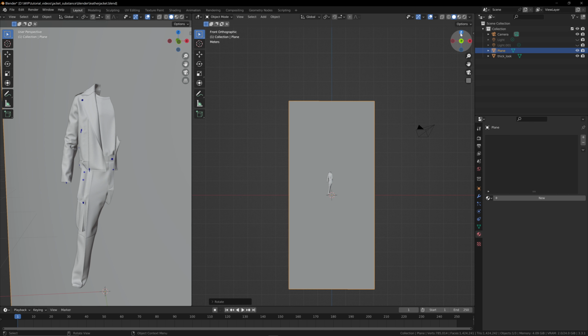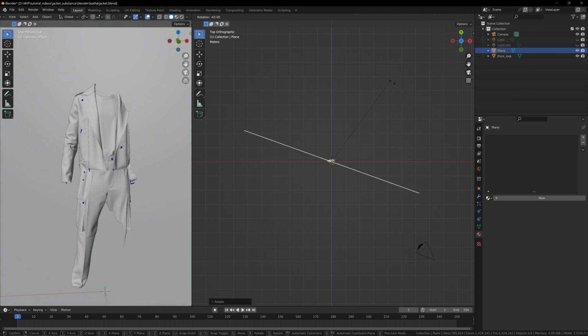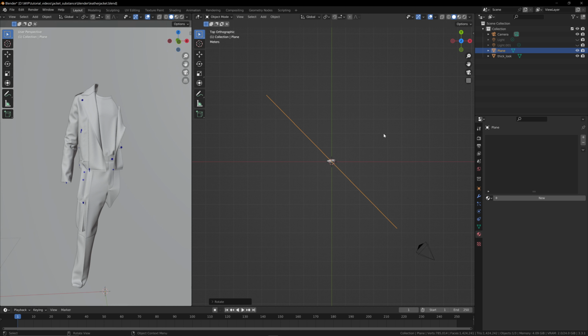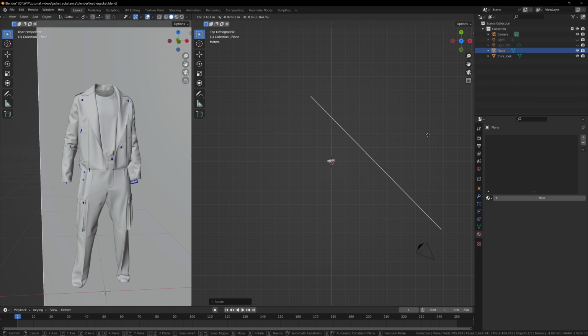Use the gizmo here to look at this from like the top down view. So if I click just Z, I can look at this from the top or the bottom. And then if I press R as well, I can now rotate the angle of this plane. And I want this to be at kind of like a 45-degree angle about here. And then I'm just going to press G to grab this and then move it away from my